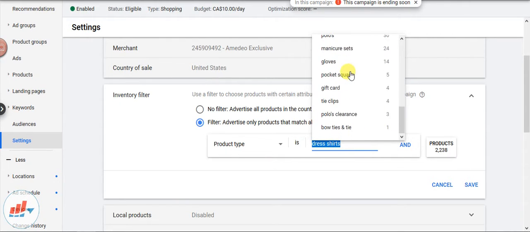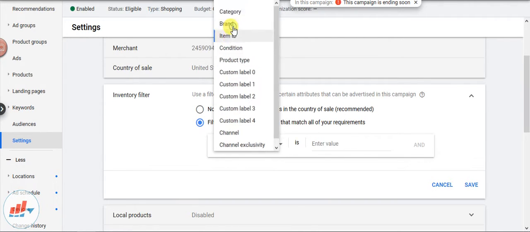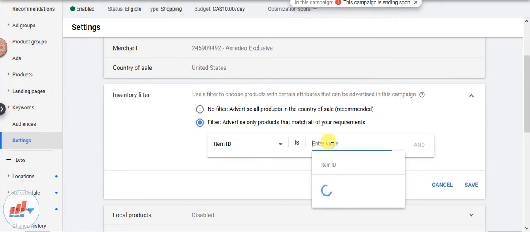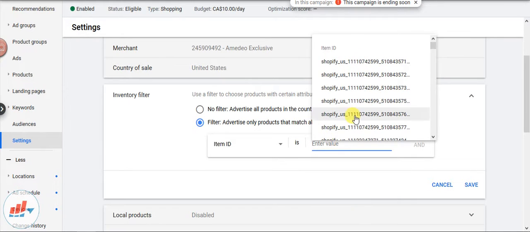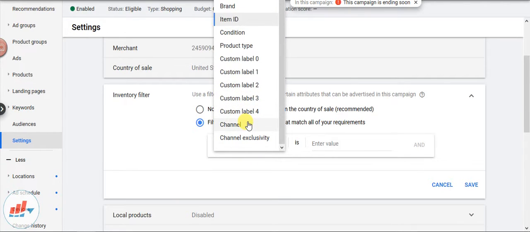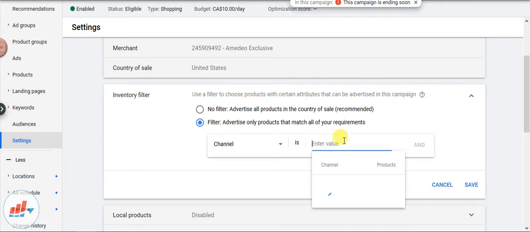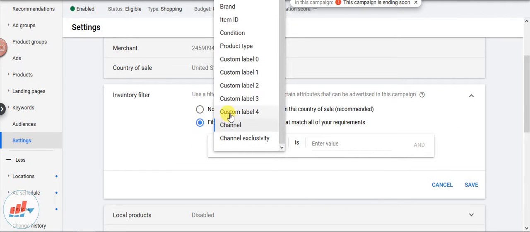Now it's not giving me any option directly here, so what I can do is I'll try to see item ID, maybe item ID. No, again item ID is not the perfect thing. Channel is again not the perfect thing.